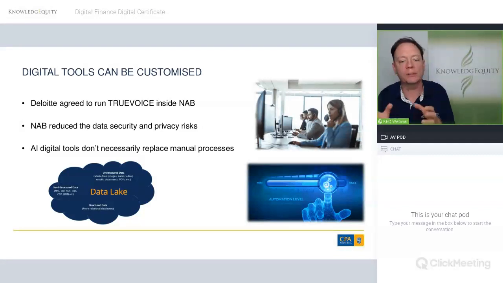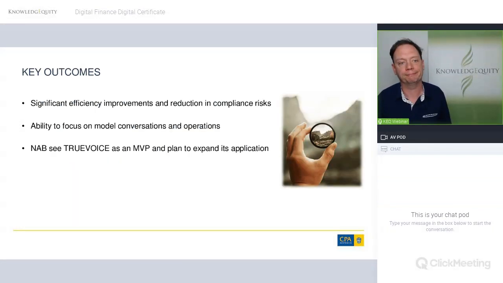We can hone in. We can basically get to maybe 200 or 300 specific calls that need that further manual review. By doing that, we're going to increase the probability of finding a compliance issue against disclosure requirements and then fixing it, retraining the team, making sure that we're not confusing people with jargon or poor phrasing, things like that. That's the significant value you can get out of a tool like this.